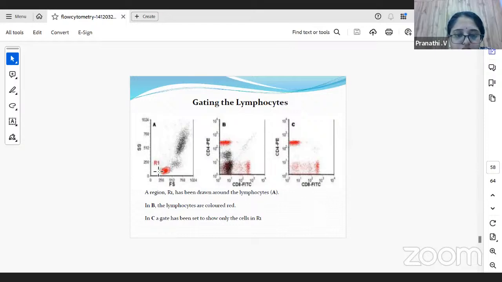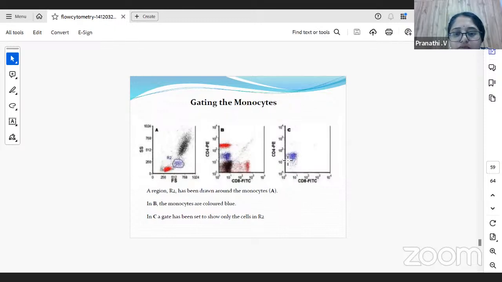You're going to get one particular population. Lymphocytes are colored in red. So the rest is again going to be of a different type. So where are they present based on the size? And you have the FITC conjugate CD8 cells, and then you have the lymphocytes. The monocytes are going to be in another region. So there is a gate that is present, and it has been set only to show the cells in the